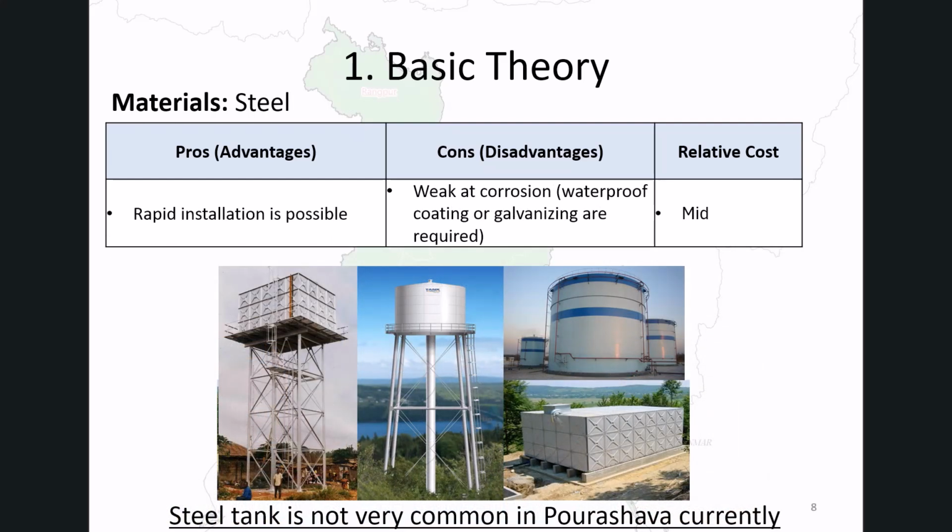Steel panel tanks are not commonly used in POSHWA water supply facilities due to cost and procurement considerations. Since they are susceptible to corrosion caused by moisture, anti-corrosion coating is essential. One advantage is that being prefabricated, they can be installed in a relatively short construction period.